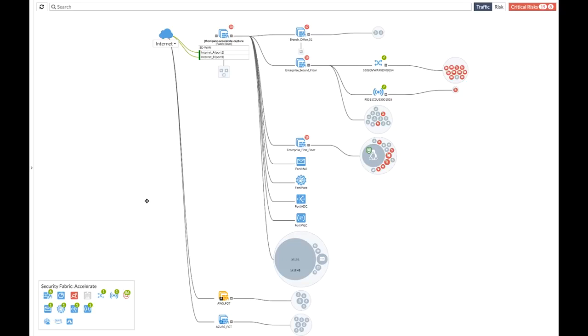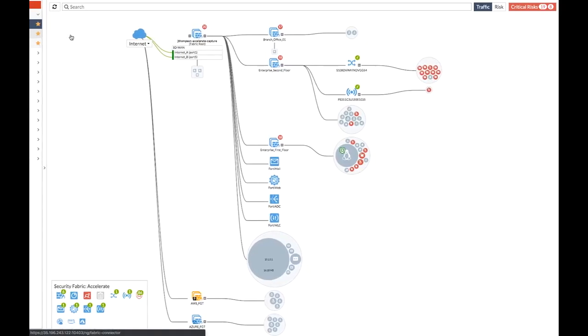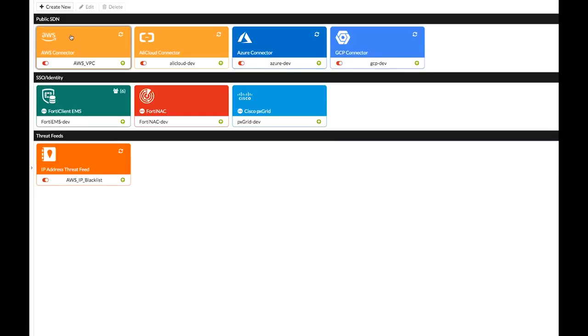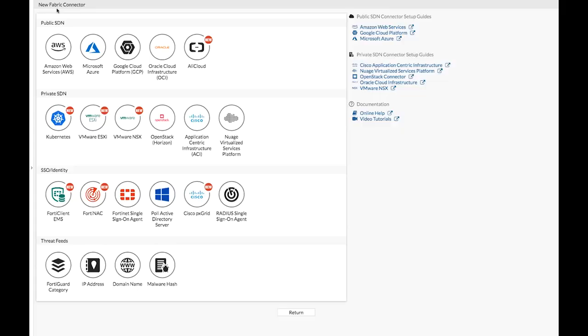So now let's go take a look at some of the other Fabric connectors that have been added in 6.2. If you remember in version 6, a lot of the focus was around public cloud and the integration capabilities there. And there have been some incremental things added in public cloud, but most of the expansion in 6.2 is centered around two other areas. Number one is private cloud and SDN. We're now able to integrate with more and more systems such as VMware NSX-T and also with systems like Kubernetes. So the Fabric is quickly learning about containers and allows me now to import relevant information from those environments and